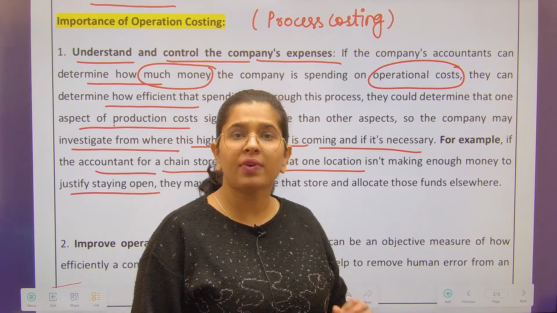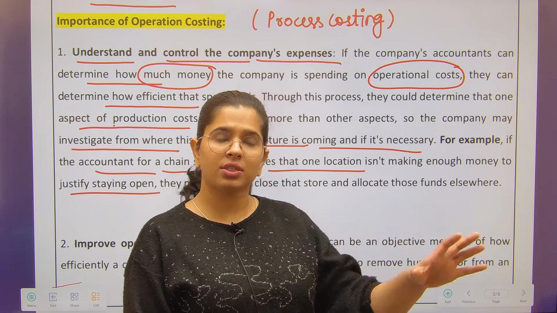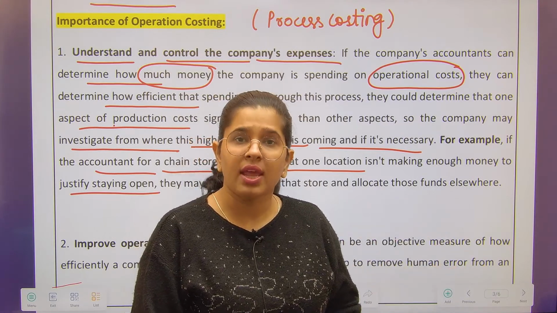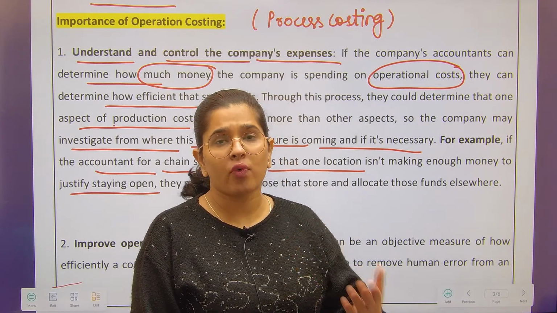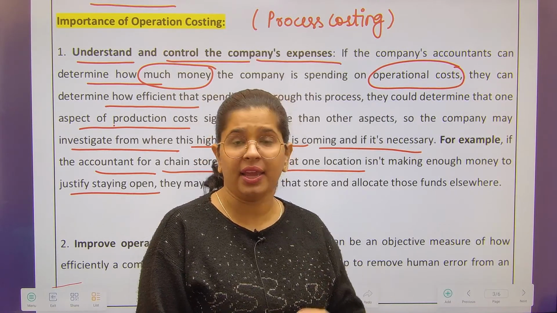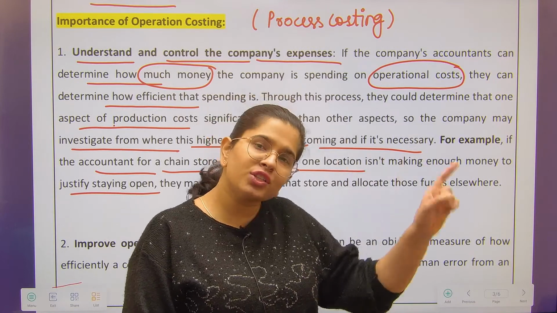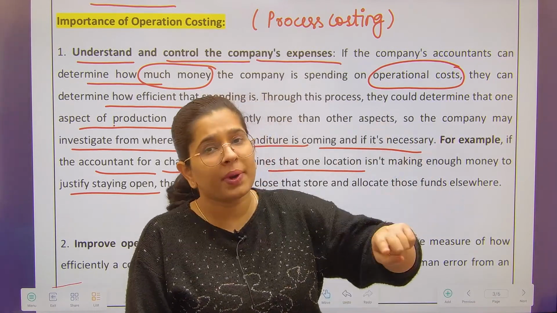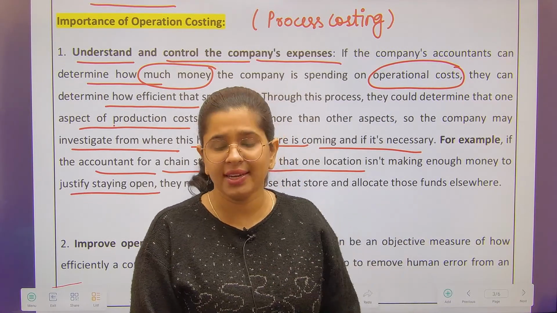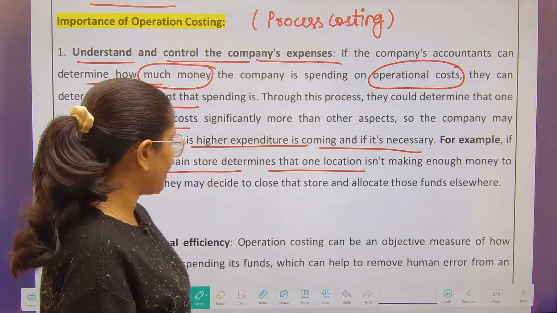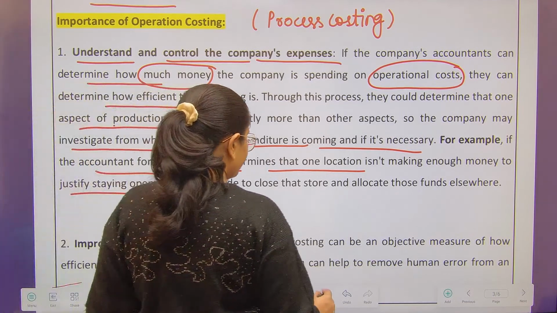So you want to find out, okay, what is the costing for that particular store? If you find out, then you will be able to analyze whether it is overspending or underspending. If it is overspending, then what is the cause of overspending? In which operation are you overspending? And what is the necessary step that you can take? So that is obviously an importance. Next is